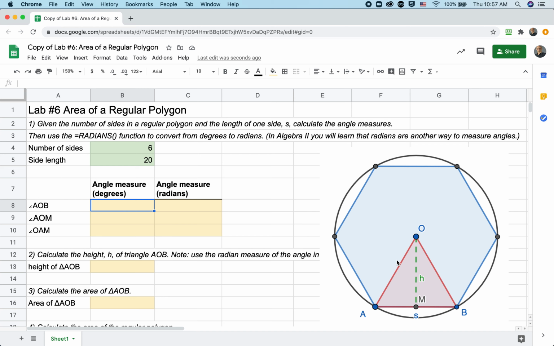Angle AOB, so this central angle will be the first one. AOM is the next one, and OAM